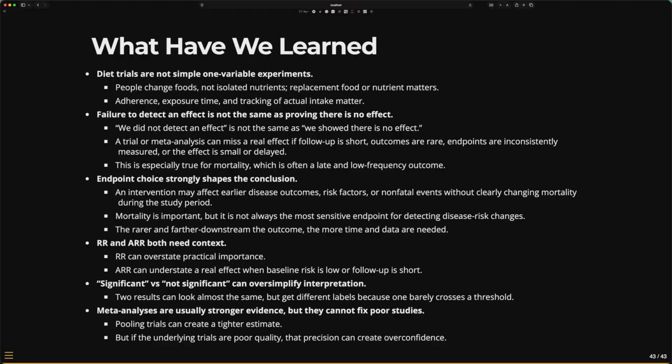Okay, so I just made a final slide about stepping back. What can we learn in general when we look at evidence from these types of studies and from randomized controlled trials? I think that it was clear that in these diet trials, any trial where your intervention is a changing of the diet, they're not just a simple change-one-variable experiment, like give somebody a pill or a placebo pill. It's never that simple.